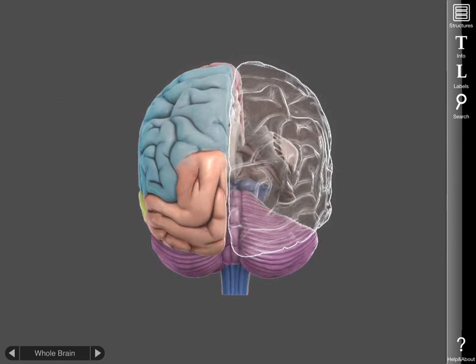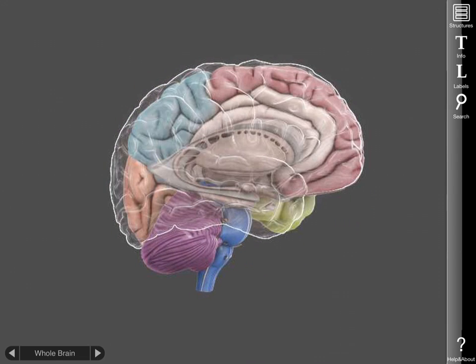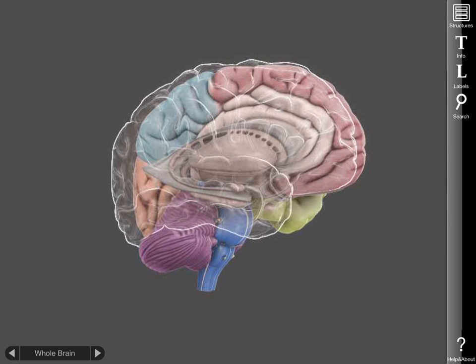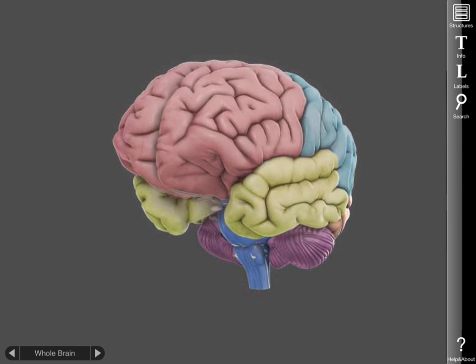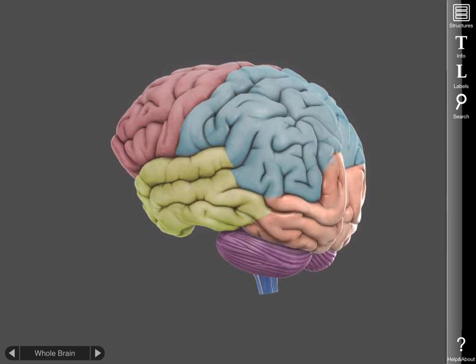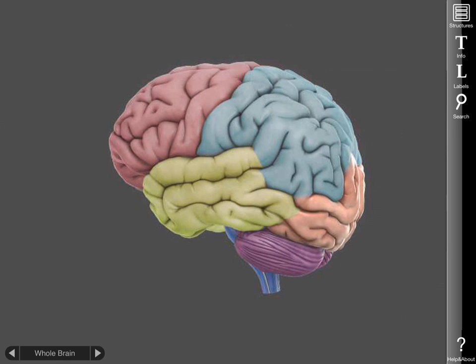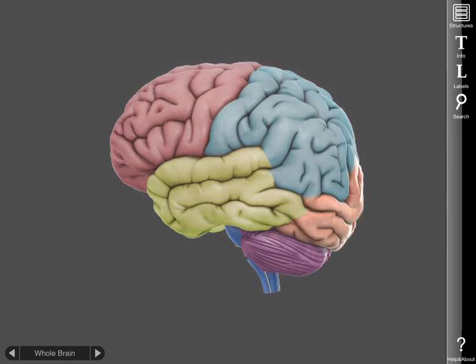So this is what the brain looks like. You can move it around with your finger, so it shows the inside of the brain as well as the outside. It goes into the sulci and the gyri, which are the little creases and the folds of the brain. So this is to look at the whole brain, but you can also go more in depth and look at